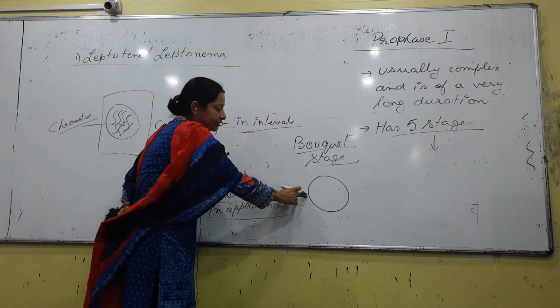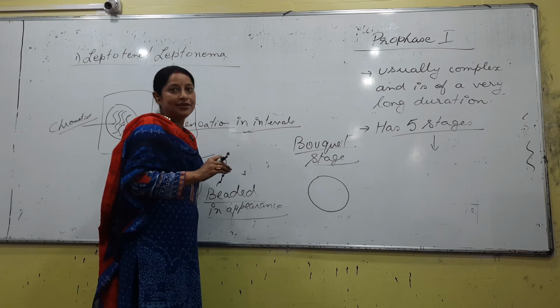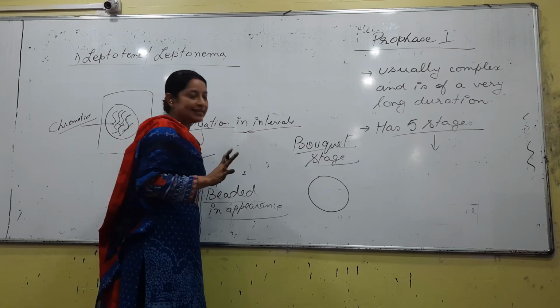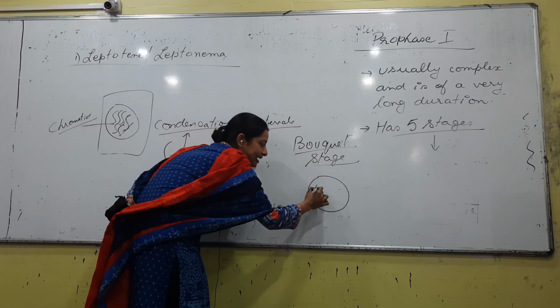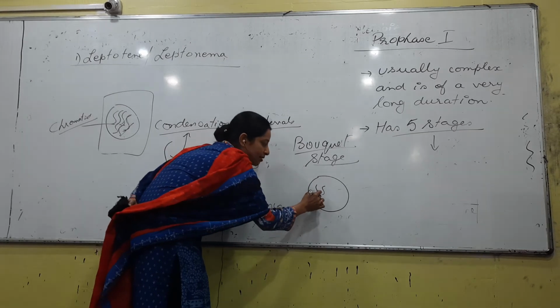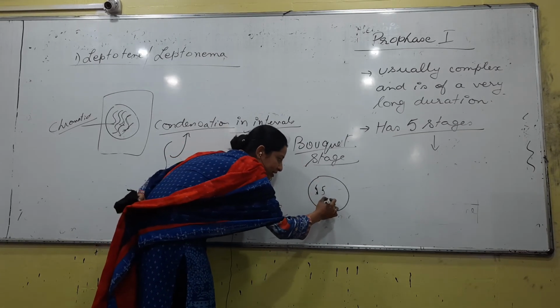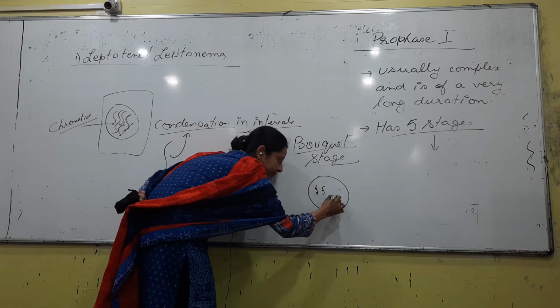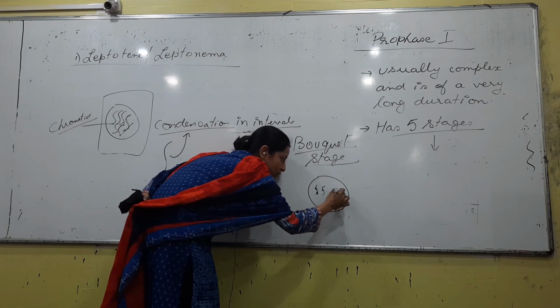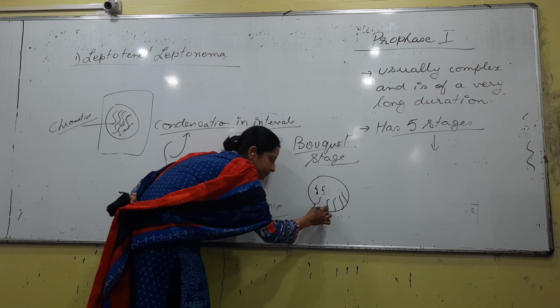Leptothin, we know the nuclear membrane is still there. It has not broken down, right? Not broken. So what was inside? Genetic material was inside. What happened to it? Condensation happened. This genetic material or these chromatids remain attached with the nuclear membrane